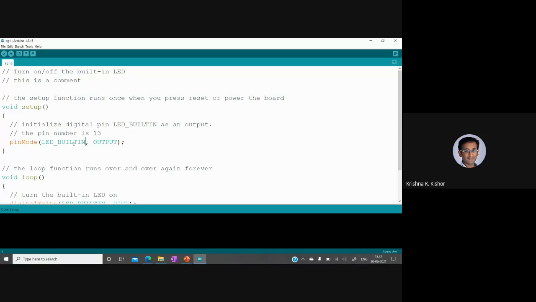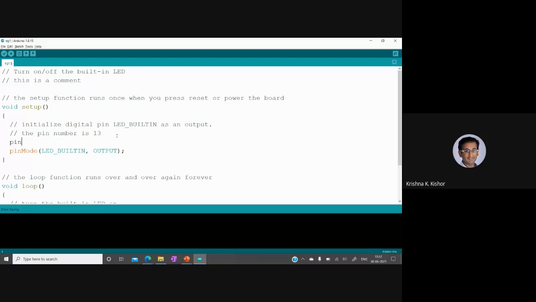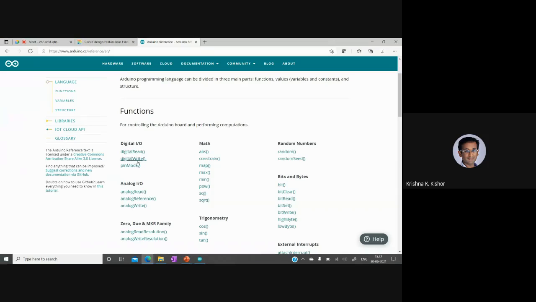So you can either set this as 13 manually, right? I can also write pin mode 13, and then I can set it as an output, right? This is also possible. Both these are equivalent statements, right? So let's look at the reference file for pin mode, right? So in the functions, if you click on pin mode,